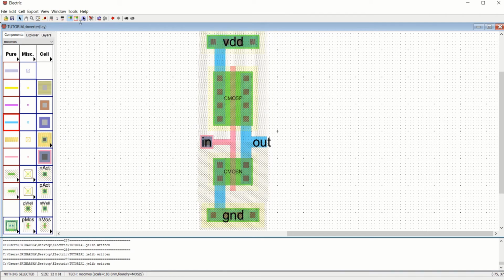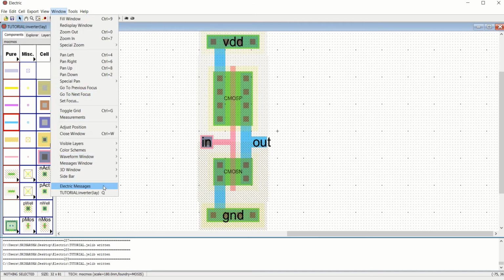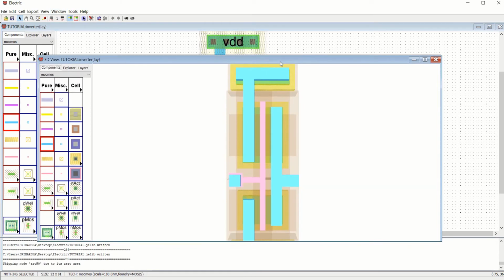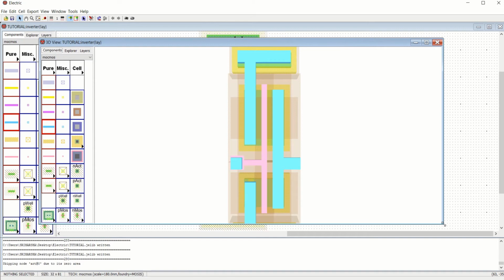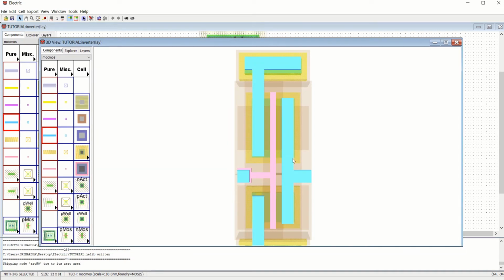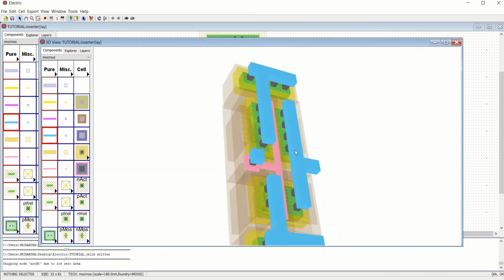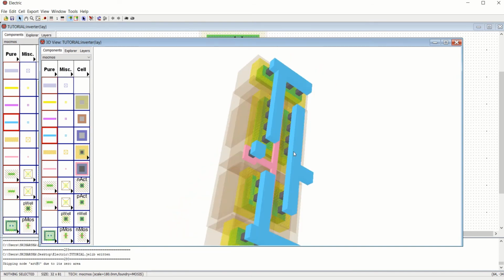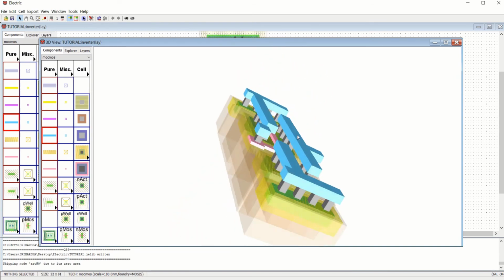Now you can view it in 3D, how it is actually placed. Go to the window, 3D window, as well as 3D view. So this shows the actual layout implementation of the transistor. The top parts are your wells, and this is how it is routed.